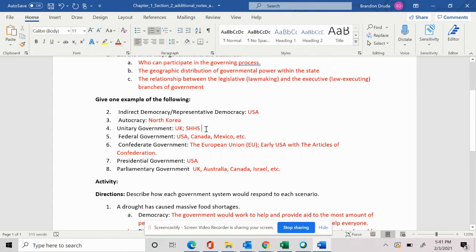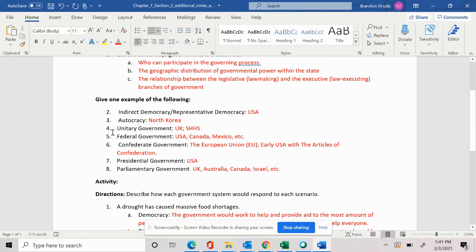A perfect example is Mr. Miller asked your families if you wanted to go back into the building due to COVID. Some of you said you wanted to go back into the building, and you are starting the 22nd. But some of you said we want to stay online, and that's also okay. And he accommodated that, not just Mr. Miller, but the school district. So if Sterling Heights High School were a government, we would be a unitary government. That would be the best classification for us.